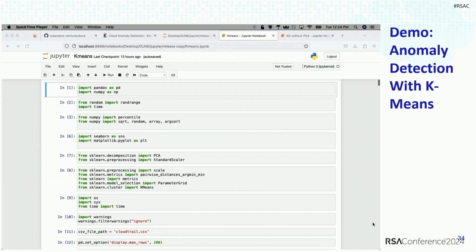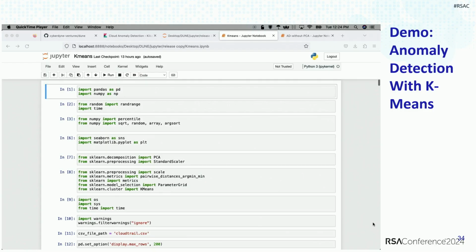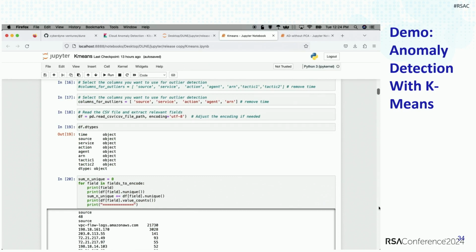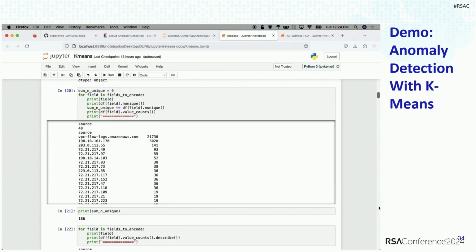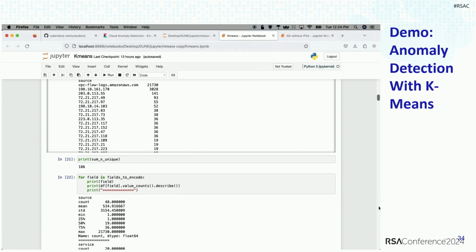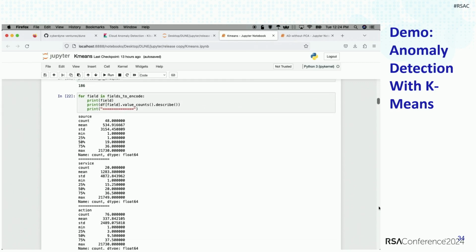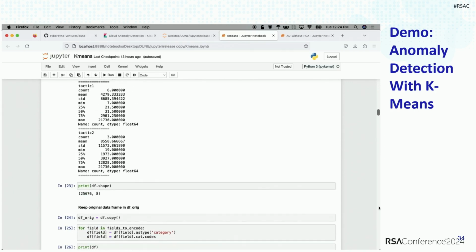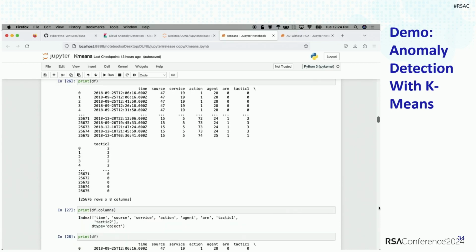This next one is running a model called k-means. Depending on who you talk to, you might hear different opinions. There are several classes out there in machine learning you can take at the conferences, and different instructors have different opinions on k-means. Some people love it, and some people don't use it as much. But it's kind of a workhorse anomaly detection model that's used a lot.